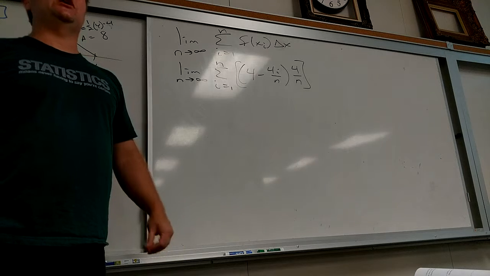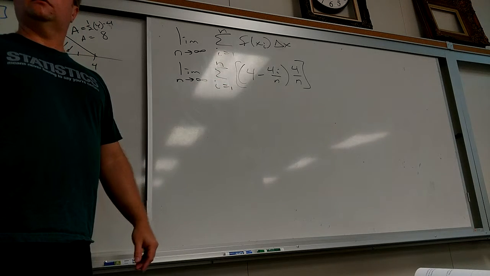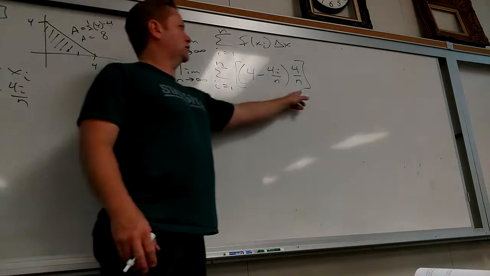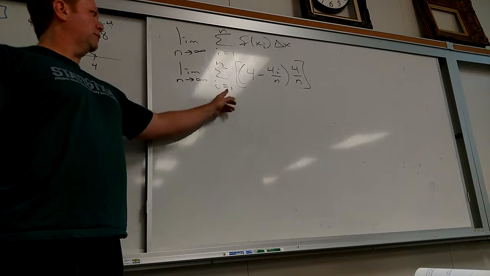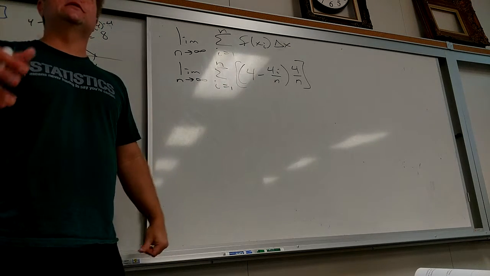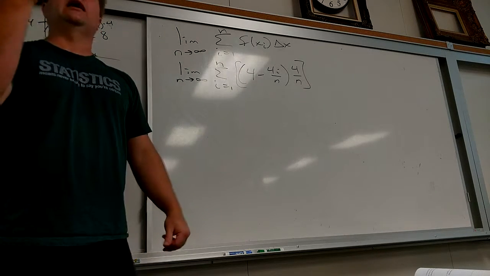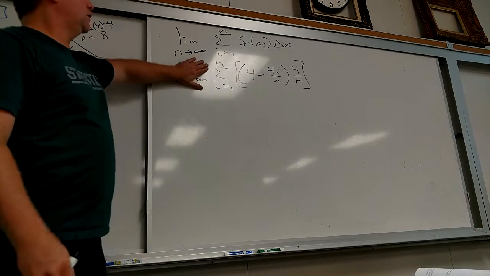What is the thing that's changing? How would I start to write the terms out? Let i be 1, and then what happens for the next term? I would let i be 2, then I would let i be 3. And what is n in terms of the